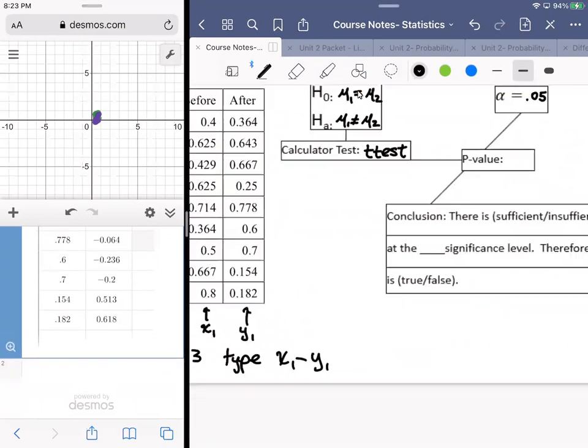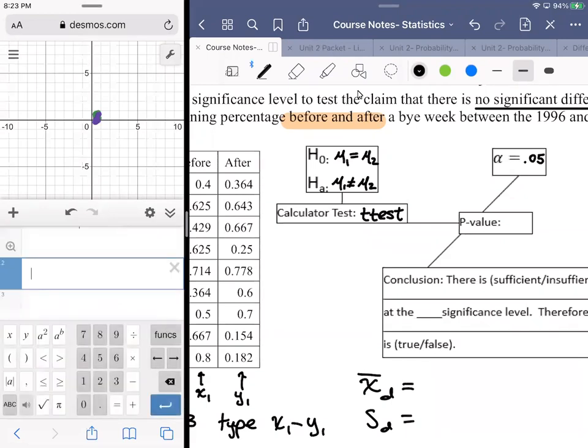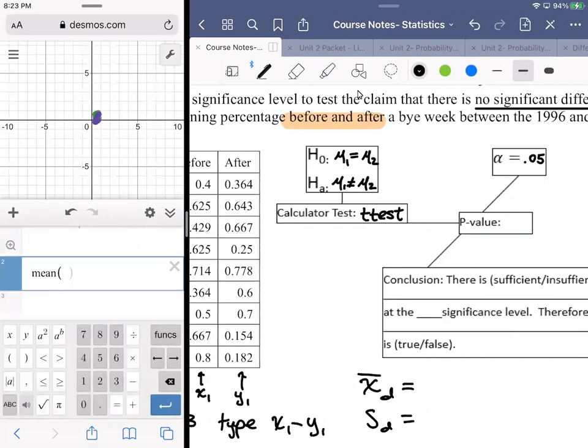So what we do is we call that the mean difference, the mu sub d and the sigma sub d. Well, actually, in this case, it's x bar sub d and s sub d, because it is for a sample. All right. So what we're going to do in a new line, function stats, we're going to find the mean,